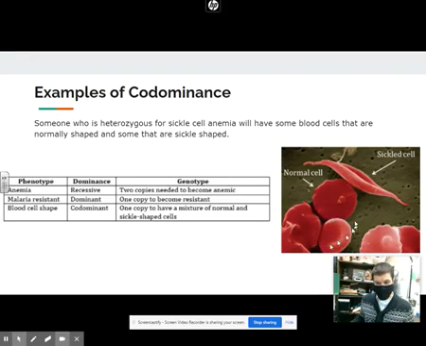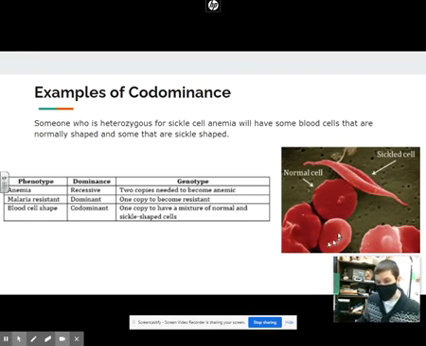A regular blood cell typically is round. It has a little bit of a divot in the middle, looks a bit like a donut. So these sickle cells have a different shape to them. If you have the gene for making the normal type of blood cell and the gene for making sickle cells, you're going to express both the normal and the sickle cell version. So you're going to have a combination in your blood of sickle cells and regular cells. And you can see that in this